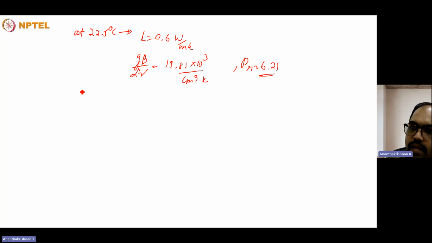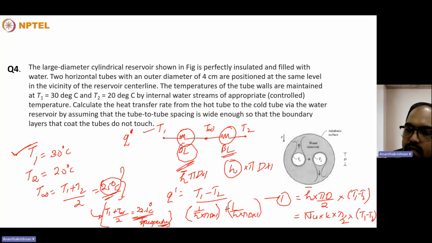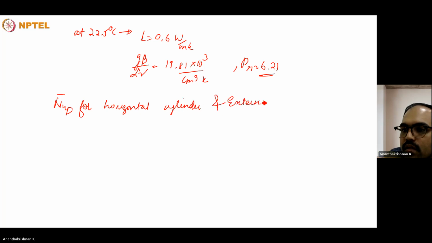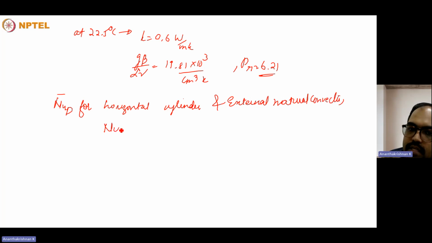Therefore, in order to calculate the heat transfer rate, you require a Nusselt number. Once you get the Nusselt number, you can get it straight away. So the Nusselt number for the horizontal cylinder and external natural convection can be given by the formula that was discussed in the previous lecture. For external natural convection, the Nusselt number will be equal to 0.6 plus